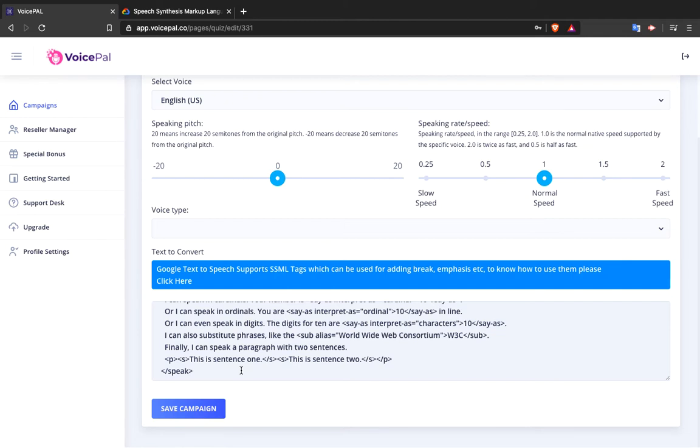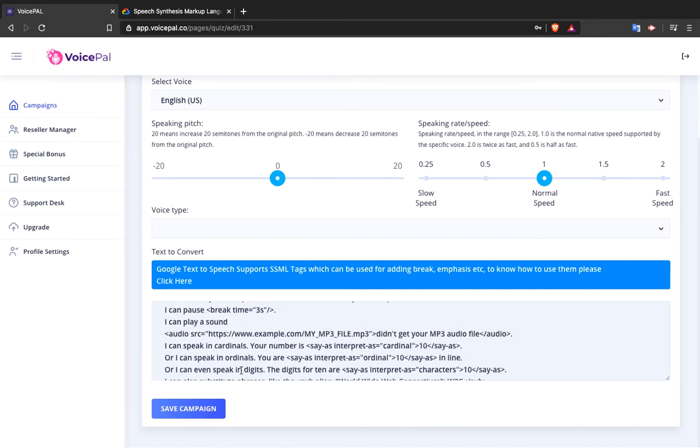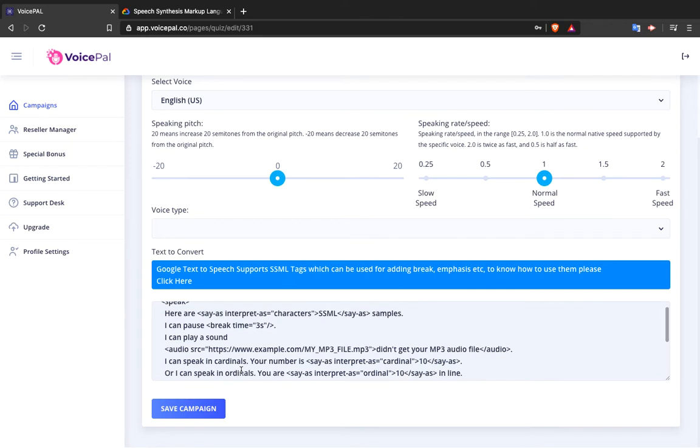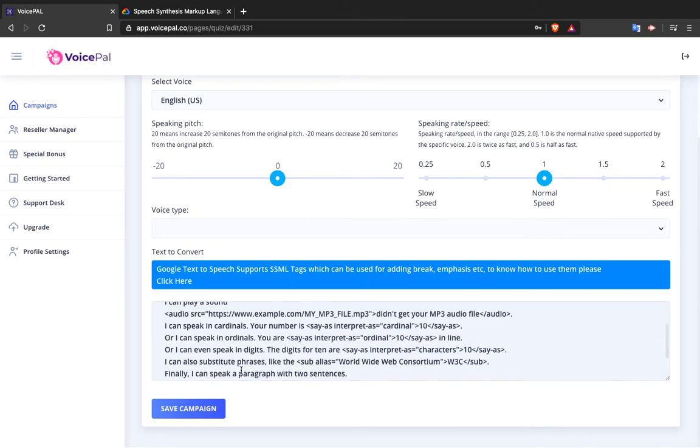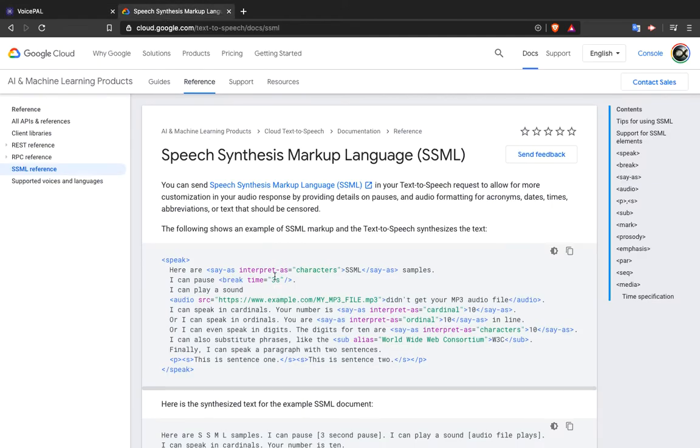You can add break time into your text, like if you want to pause the narrator for 3 seconds after some particular sentence, or if you want to take a pause at some places, or if you want to interpret some text as a different ordinal, you can simply do it using this speech synthesis markup language, which is known as SSML. So this is a basic guide on how you can use it.